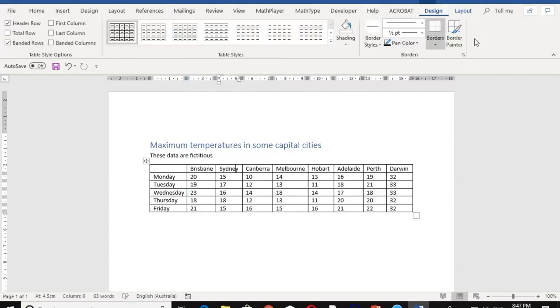I've come over to Table Tools. Header row is checked. Total row is not checked. Banded rows are checked. I'll uncheck that because I don't like it being checked. Now we'll drop back into it again. Now first column is not checked. If I check that,